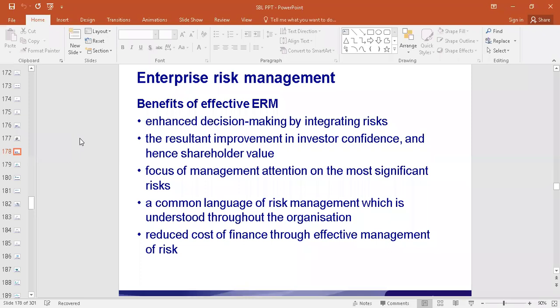What are the benefits of having effective ERM? Benefits of ERM: enhanced decision making by integrating risks,